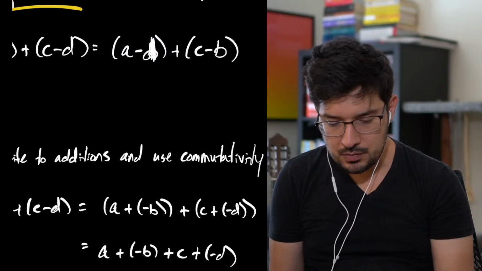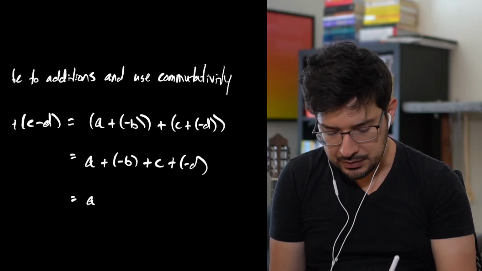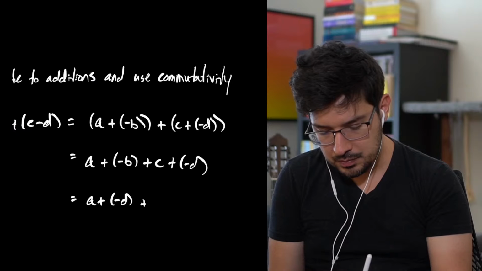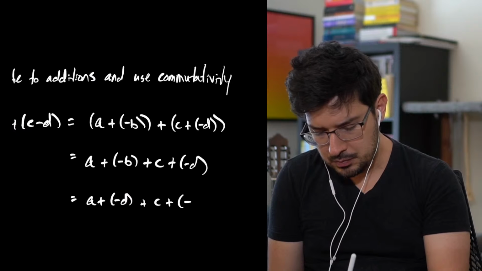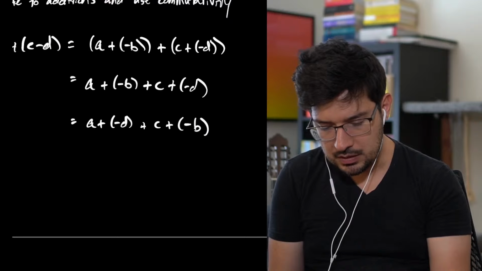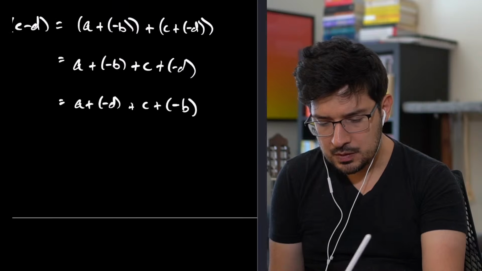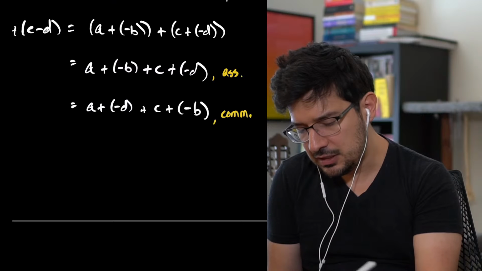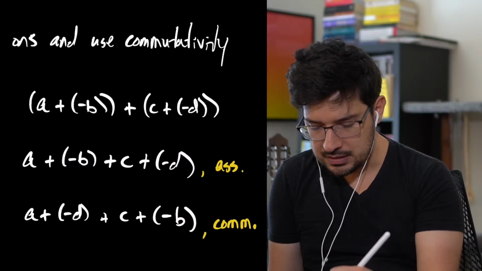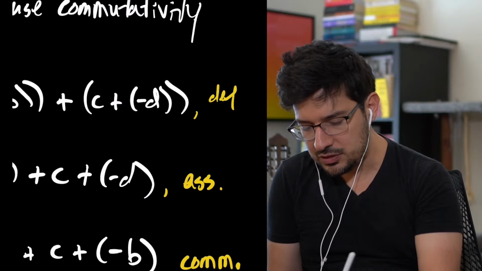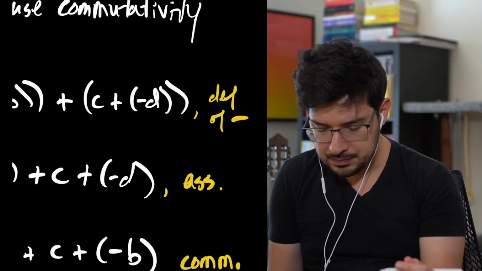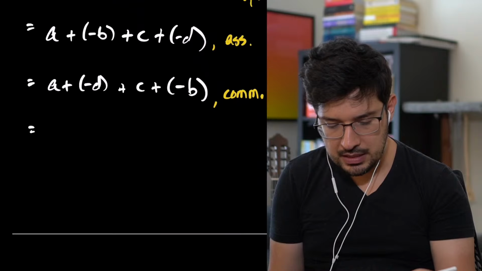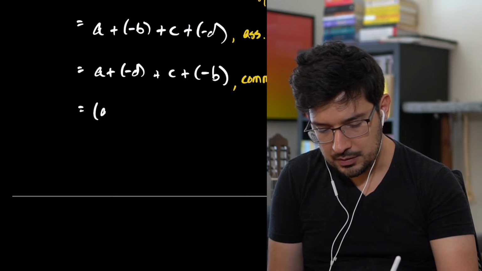Now that we have additions, we can regroup in this way, using commutativity. So this one is by associativity, this one is by commutativity. This step is by definition of subtraction. And now, well, we can